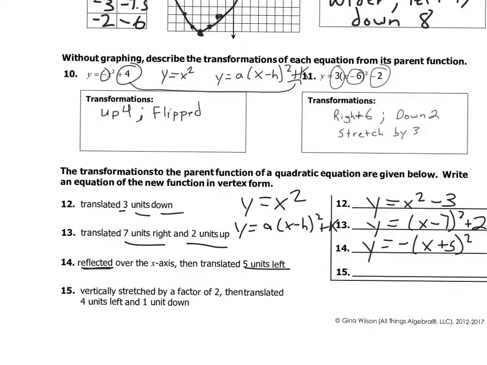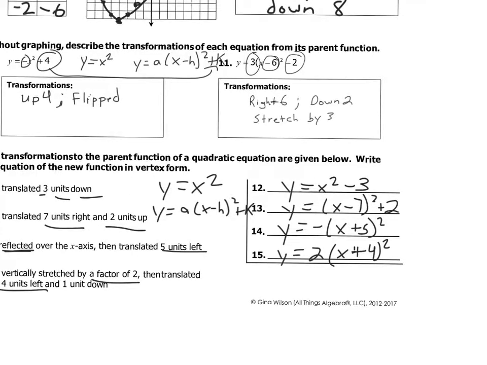And last but not least, vertically stretched by a factor of 2. That means we're going to be multiplying this by 2. So it's going to be y equals 2 times, then translated 4 units to the left. So x, remember left, that's horizontal, so that's going to be your h, and it's to the left, so that would be +4. And then 1 unit down would be -1. There we go, -1. And that is it. That's your study